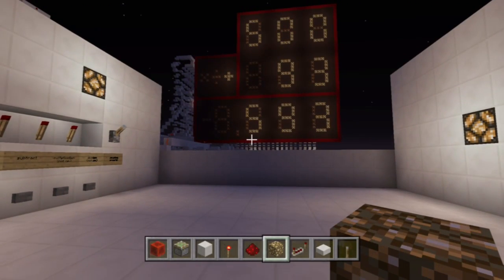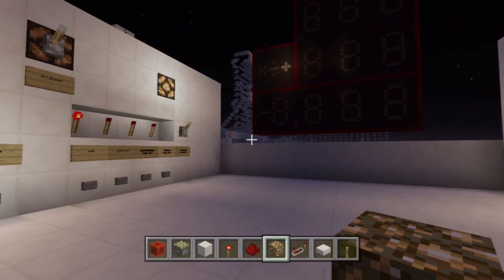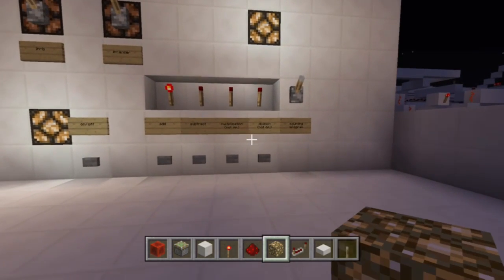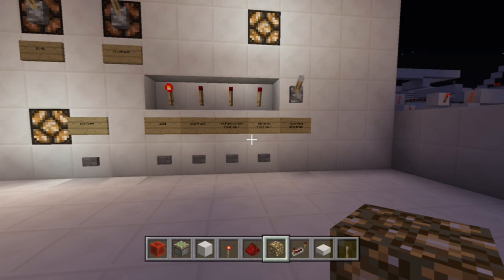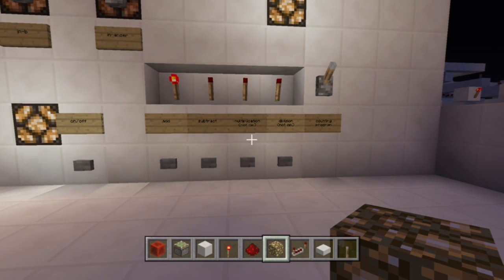I spent about, I want to say, 2 hours bug fixing, which was basically just adding in repeaters where there needed to be, or adding in a piece of redstone that I forgot to place. Normally it applied with, actually, when I say normally,